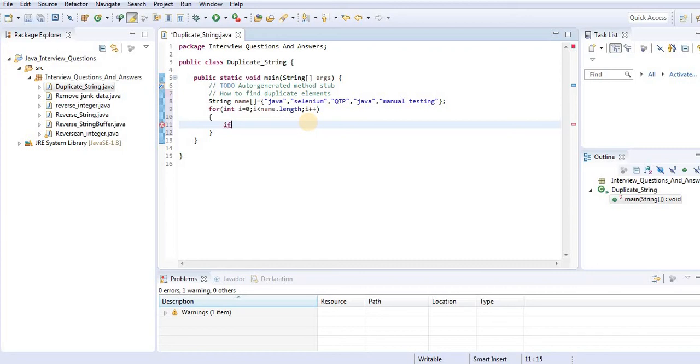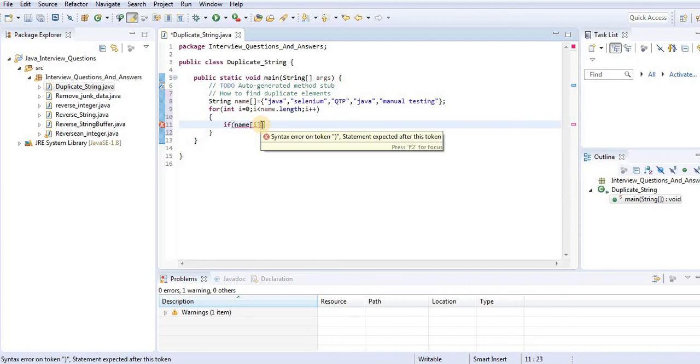Here we have to compare the first value to the second value, the first value to the third value, the first value to the fourth value, like this. Here name[i] means name[0], that is Java.